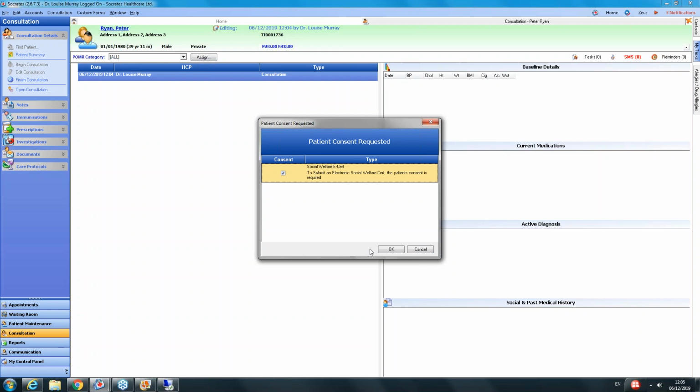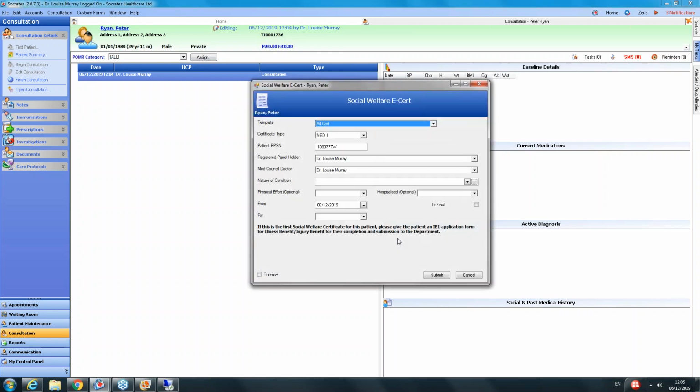So you tick that, and then you go okay, and then what comes up is you have your template, it's A4, certificate type Med1. As you would all be aware, there's two types of forms. There's a Med1, which is the most common one, and then there's Med2. So when a patient comes in to claim for social welfare, the first thing that they need to do is